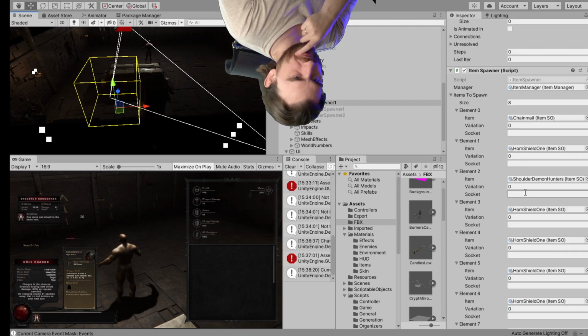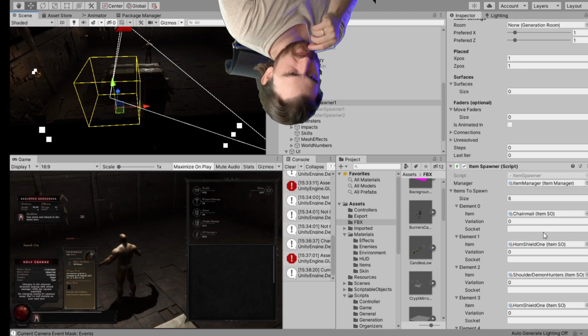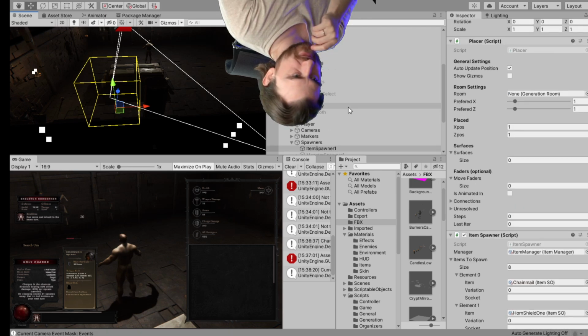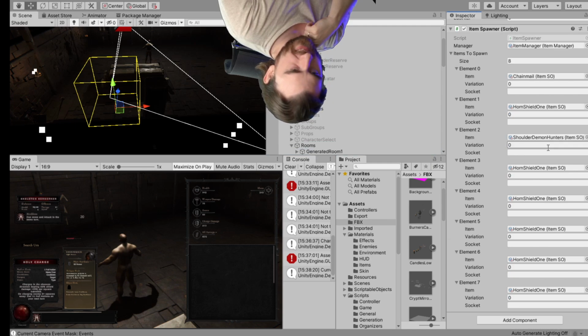So here we have a spawner. Let's see where we can spawn it. Chainmail. Oh, but it's pretty good. It's actually kind of exactly... Oh, but it doesn't have a room connected to it. We'll put it in room 1. And now we're gonna spawn, let's see, a chainmail, a shield 1, a...